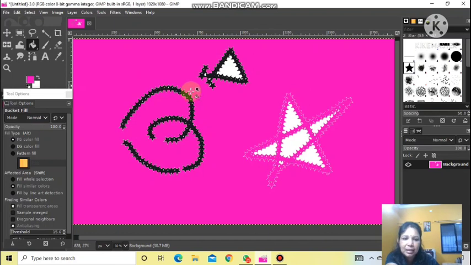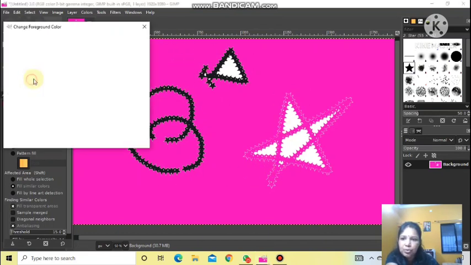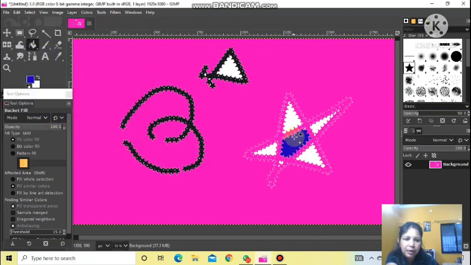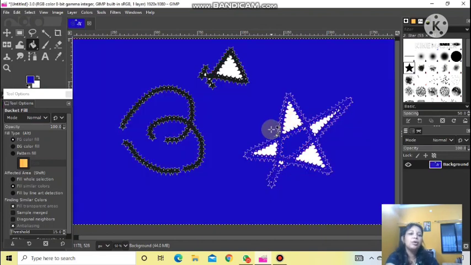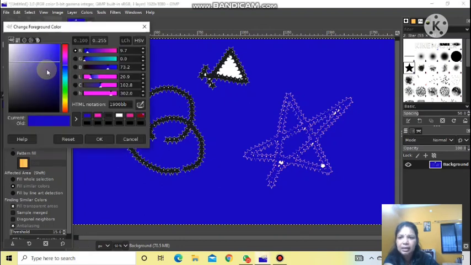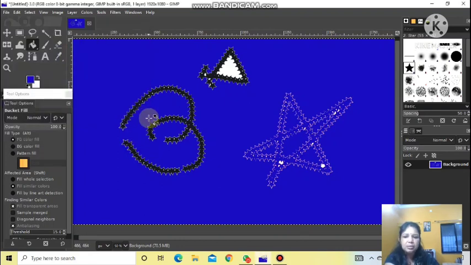So it was clicked there, that's why, it means this area is not open. Now choose the color, some other color I want. Here I want to fill it, so that particular area will get filled. So this is your bucket tool. Wherever you click, only that part will get filled. Solid color will be filled. The color will be chosen by you. You select the color and it will get filled. So this is the bucket tool.